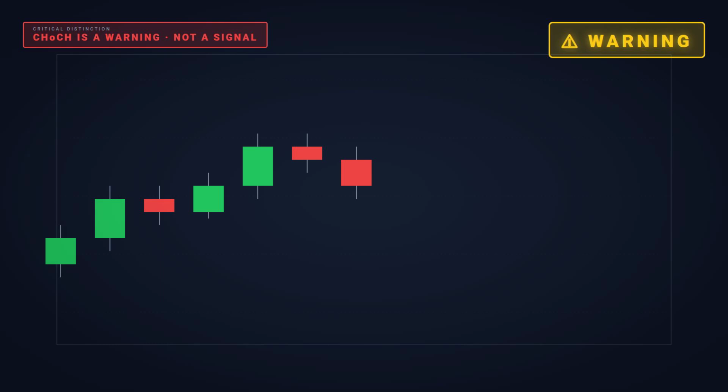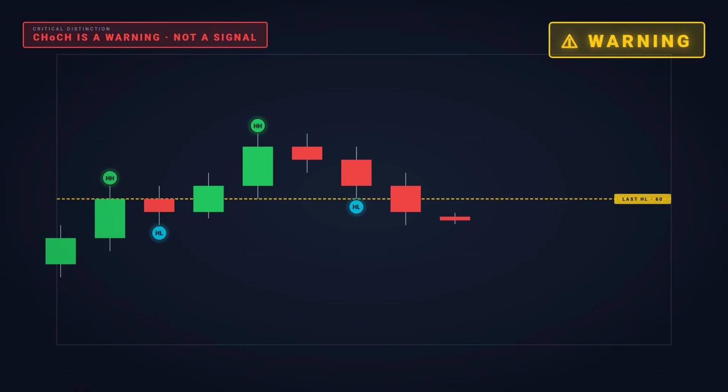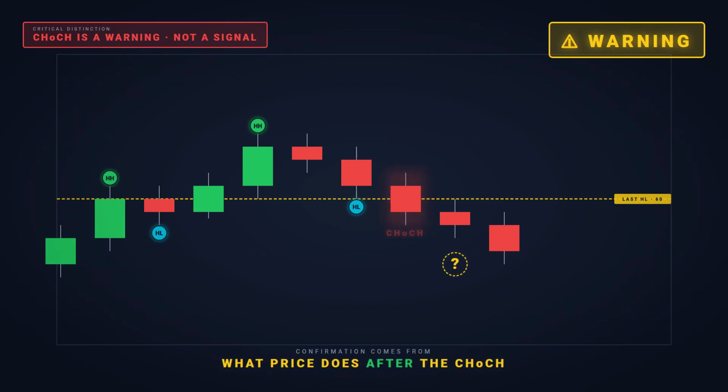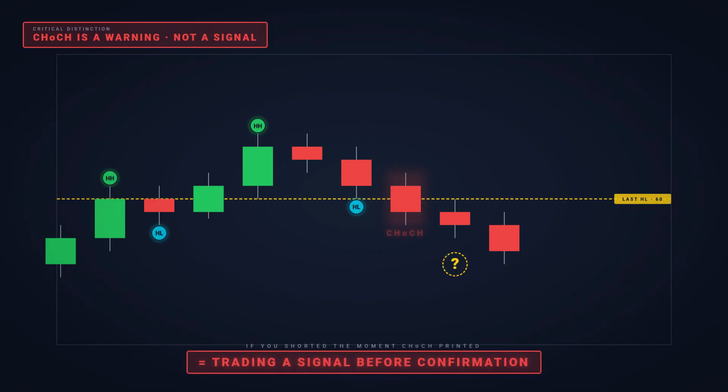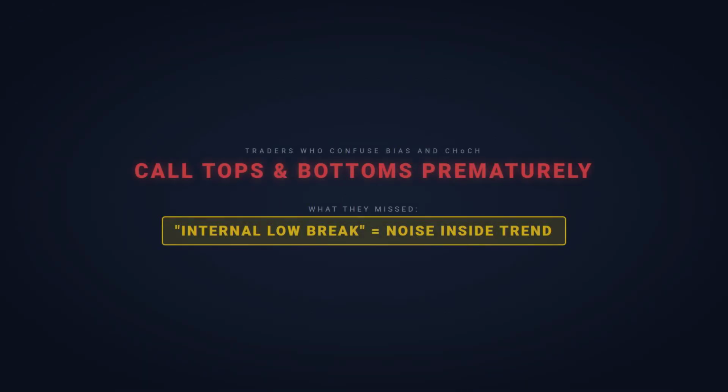Look at this chart right here. See where price is in a clear bullish sequence: HH, HL, HH, and then watch what happens when it breaks that last HL. That break is the CHoCH. Now watch what price does next. The CHoCH opened the question. The subsequent price action answers it. If you entered a short the moment CHoCH printed without waiting for follow through, you're trading a signal before the market has confirmed anything. The traders who confuse BOS and CHoCH are the ones who call tops and bottoms prematurely,